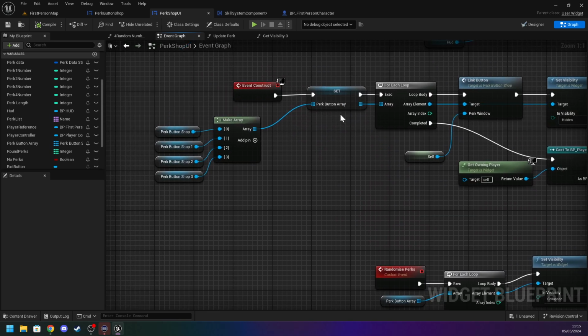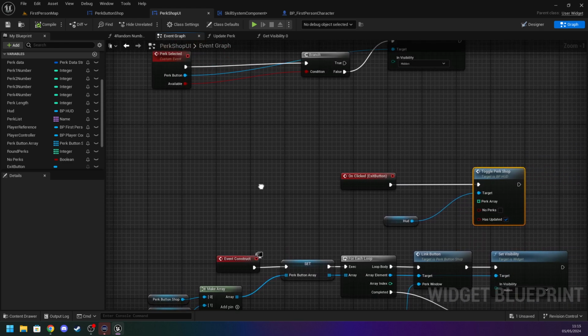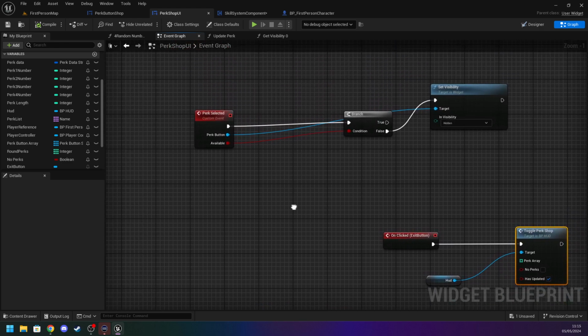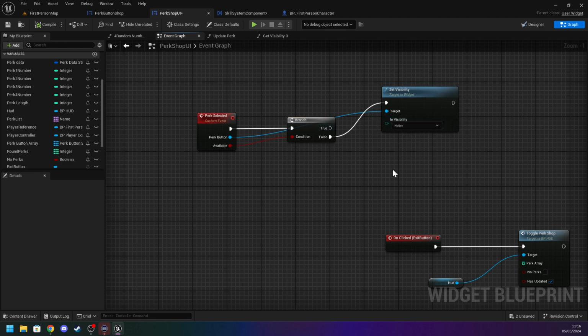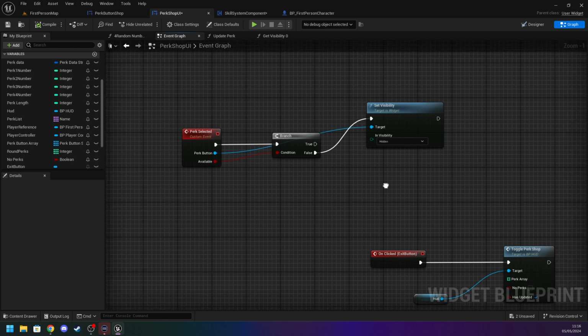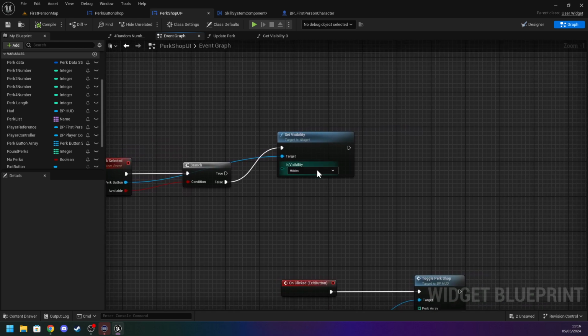So what we need to do is, on perk selected, if available, set target to hidden. We want it to be collapsed instead. And if we then want to basically check